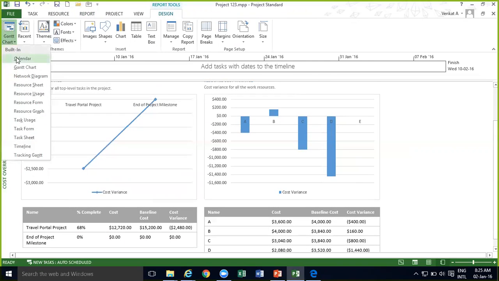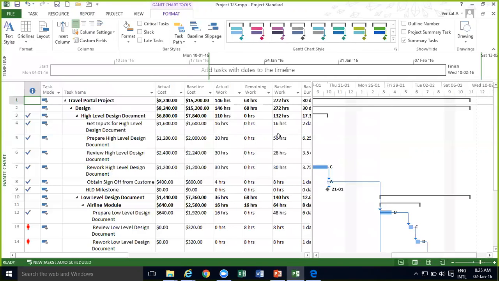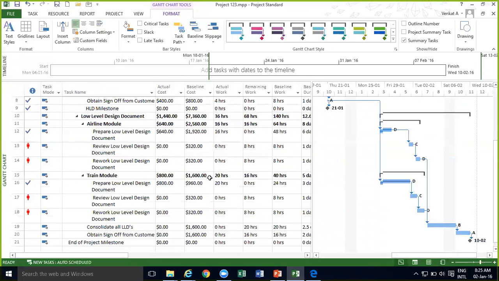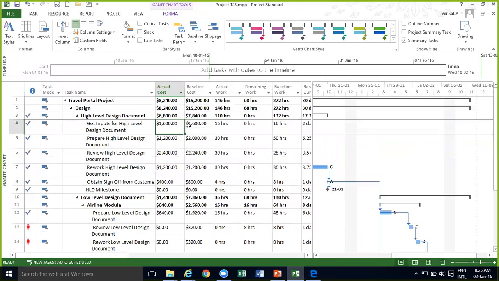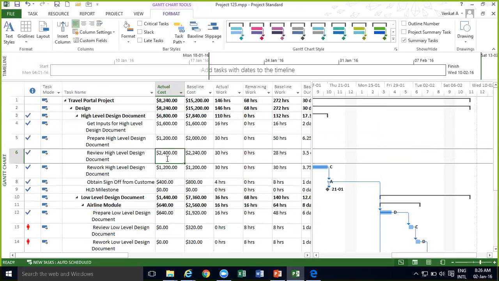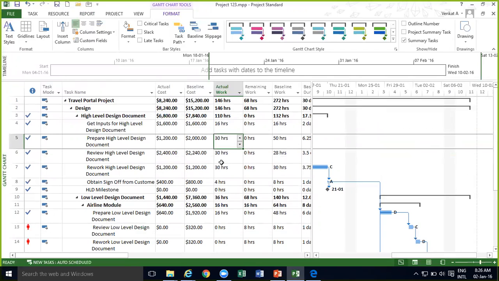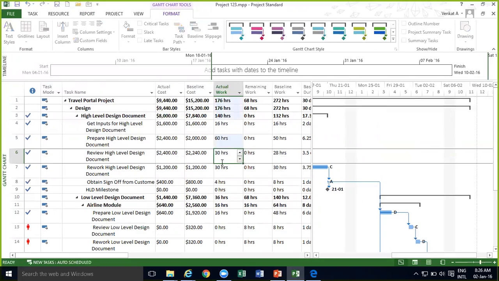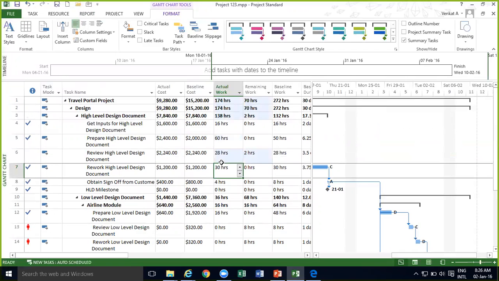Okay, let me go to the Gantt chart. Actual cost and baseline cost, if you see so much, right? And actual cost is actually less here than the baseline cost. Actual cost is more here. Okay. Let me do one thing. Let me make everything except for this. I will make this as 60. Everything else I will make it